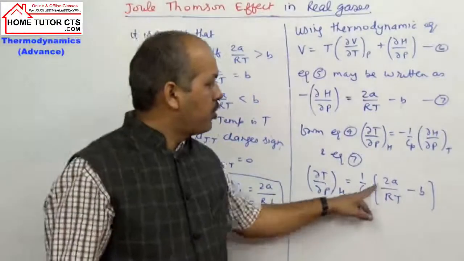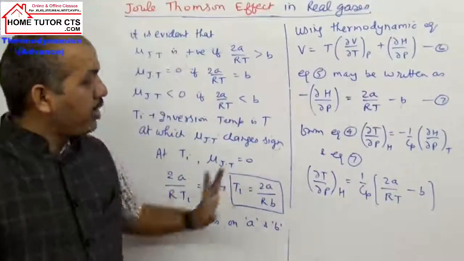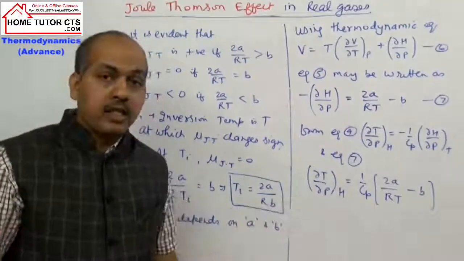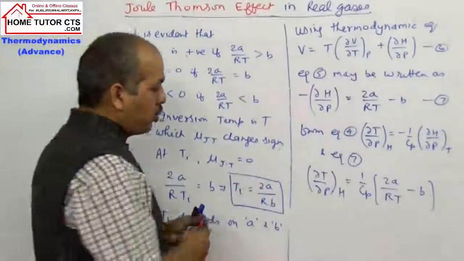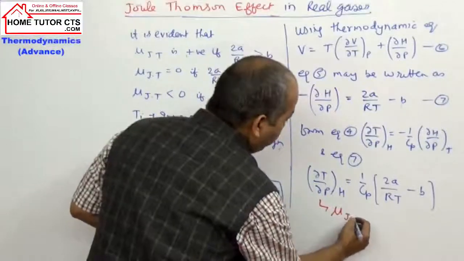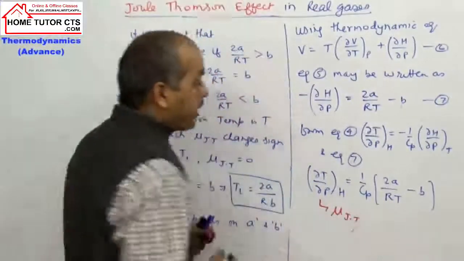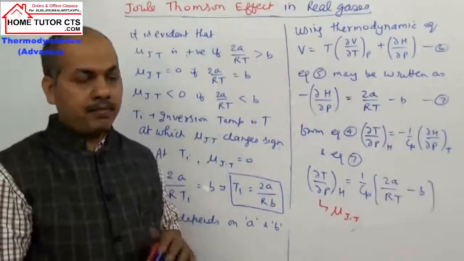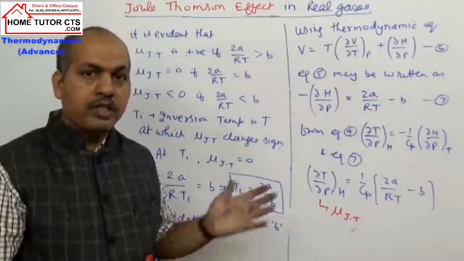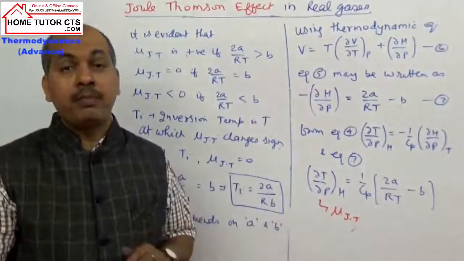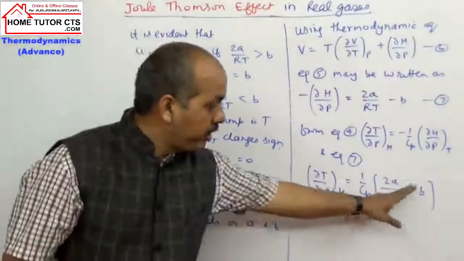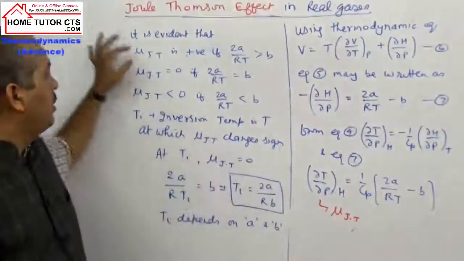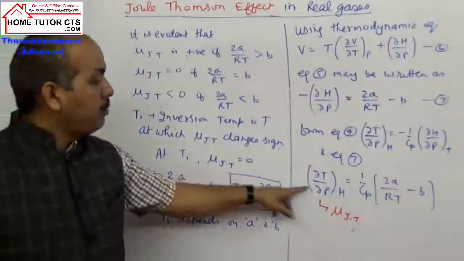When we write this equation in this form, from here we can explain the Joule-Thomson effect. This ratio is called the Joule-Thomson coefficient. Now it can have a negative, positive or 0 value depending on the nature of the gas. The value of mu JT is equal to 0 or can be negative or positive depending on the nature of the gas. So from this expression you can write here, it is for real gas. This equation for us is the last one, and only this is important here. What will come in this? If you take mu JT as positive.